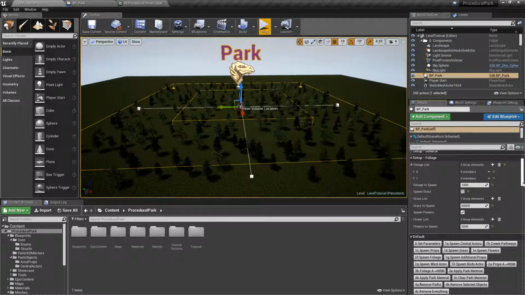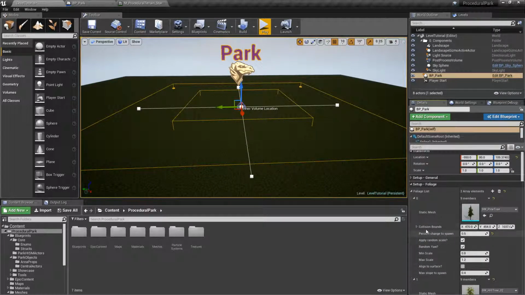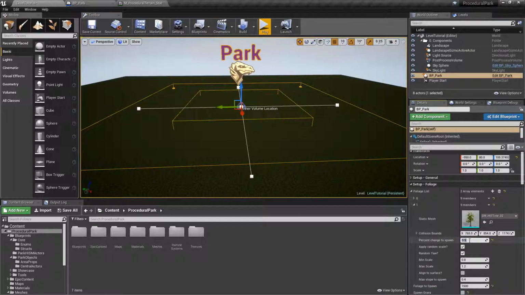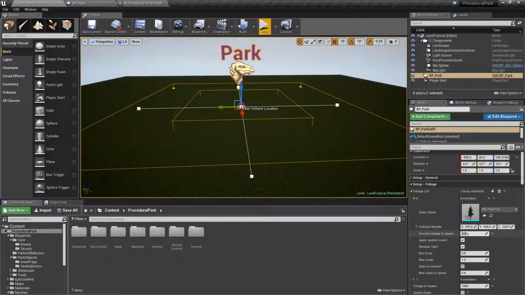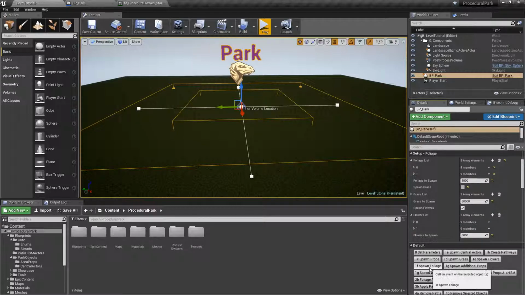One additional thing I want to point out before we close the video is the trace. So notice that we have some collision bounds here, and what I'm going to do is I'm going to disable this guy. I'm going to make this 0% chance to spawn, so it's easier to see, and 100 for the pine. If I just try to spawn my foliage,